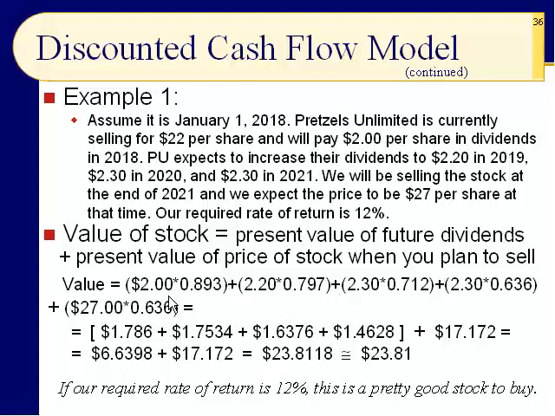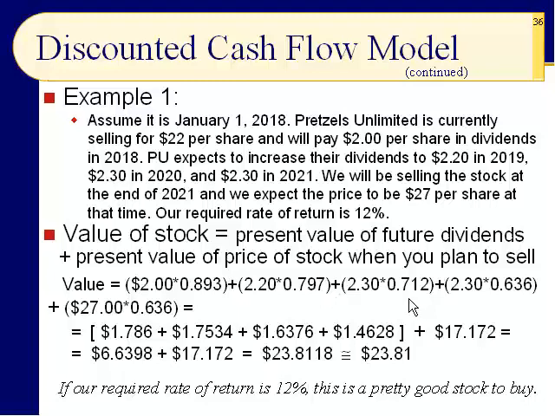But let's say $2 this year times 0.895. I'm sorry, 0.893. Go across the 12% on the present value table down 1 year, and it should be 0.893. That's 2018. 2019, $2.20 is what we expect the dividend to be. Go across to 12% down 2 years, 0.797. For 2020, it's $2.30 we expect the dividend to be, and we go across to 12% down 3 years,